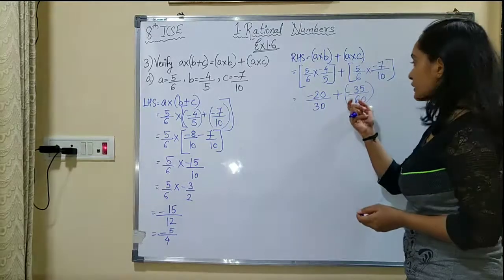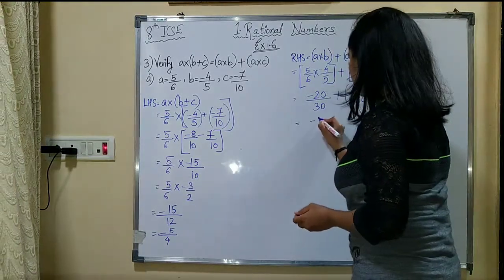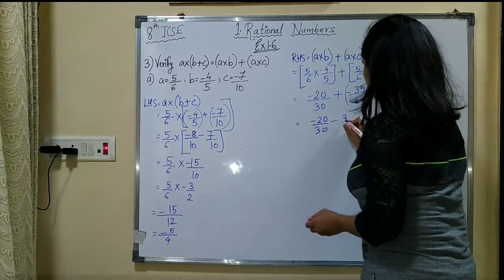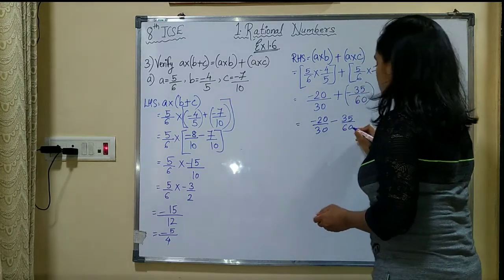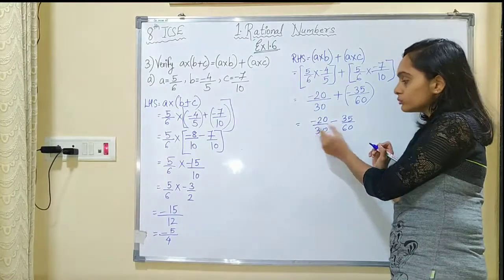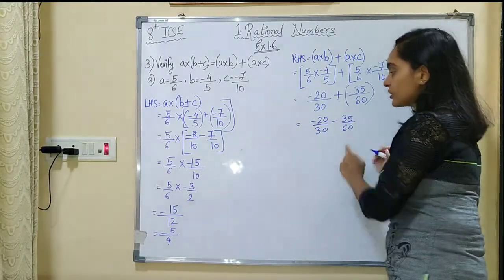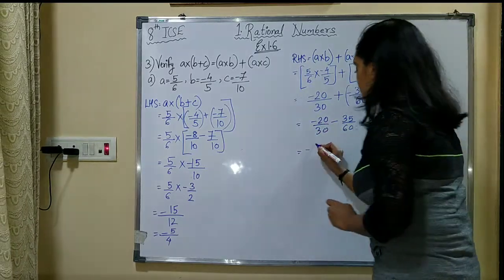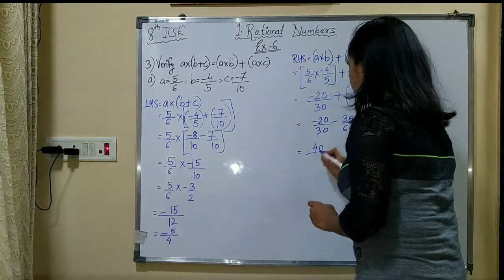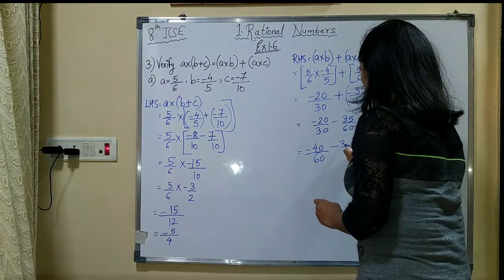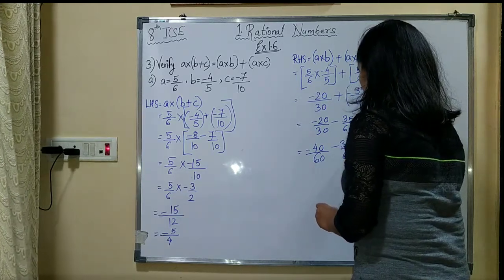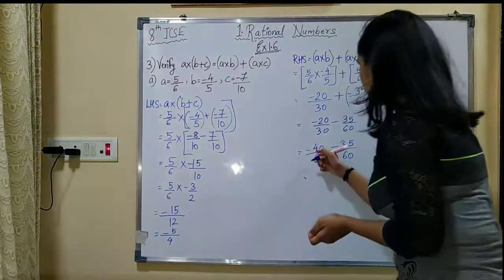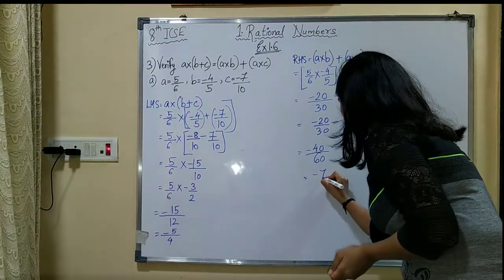Now we will open the bracket first. So it will be minus 20 upon 30 plus minus 35 upon 60. So we can multiply here by 2 to get the denominators equal. So it will be minus 2 times 20 is 40 and 30 times 2 is 60, minus 35 upon 60. This will give you minus minus is plus. So 40 plus 35 is 75